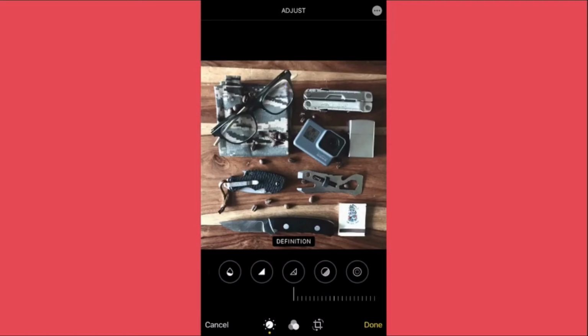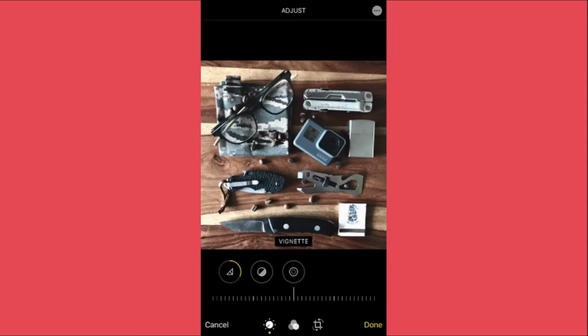Now definition you can pump up like that, and it mimics a high definition photo, HDR photo, where you would stitch 3 different exposures together in Lightroom. It mimics that, but it's not very good taste. It's like asking a woman for her age. It's not good taste. Okay, so I'm just going to up the definition a little bit, and then